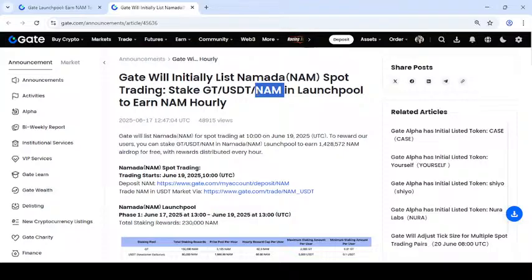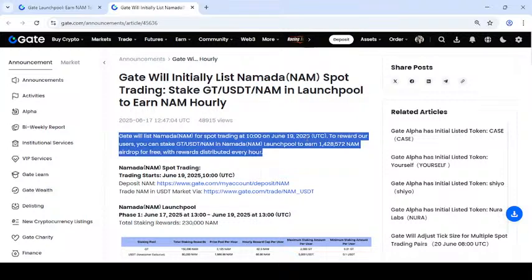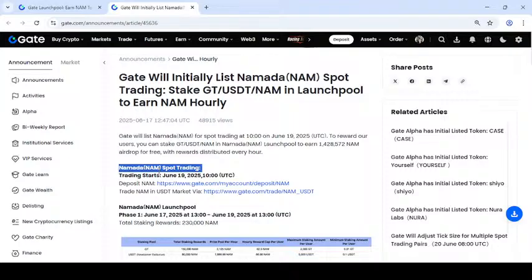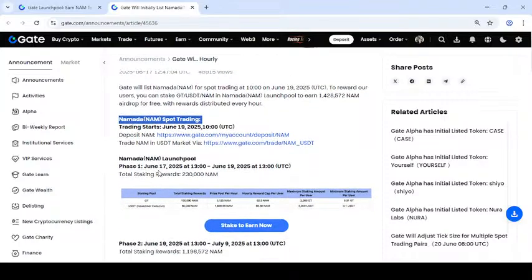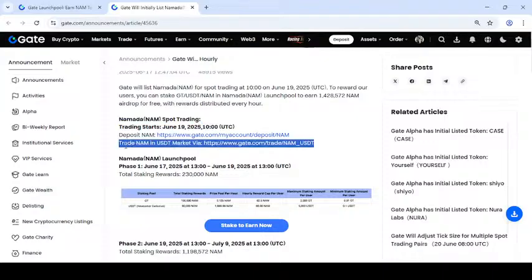With Namada names export tradings most launch tradings are 10,000 10 USDT at June 19 on June 19 2025 UTC most calculation are name airdrop for free new airdrop API the Namada spot trading and trading start now June 19 2025 at 10 UTC. The deposit name is gate.com and my account deposit name the trader names USDT market and BA HTTPS www.gate.com.